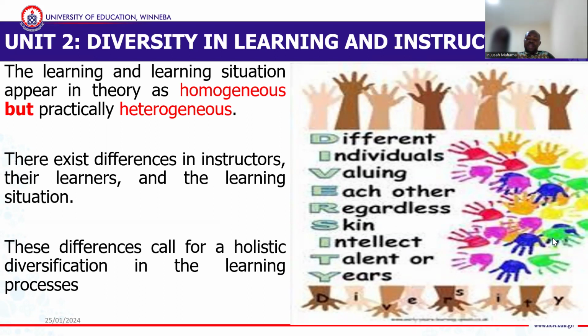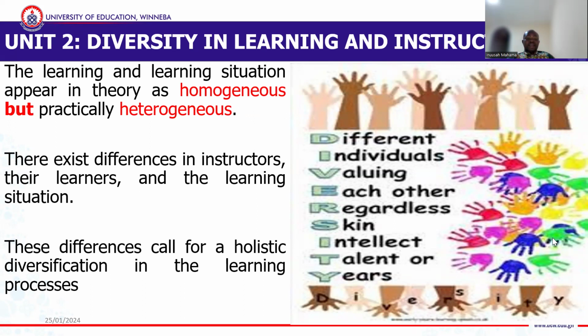That wherever we find ourselves, we need to diversify our processes of learning so that every learner will be factored into the learning process. Wherever you have a learning process where some people are benefiting and others are going against, it means you have not held on to the SDG goal that says equality and equity through diversity. That's goal 16. You can go and read about it.